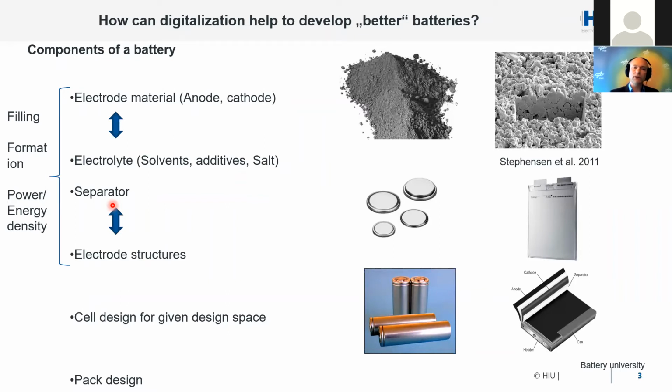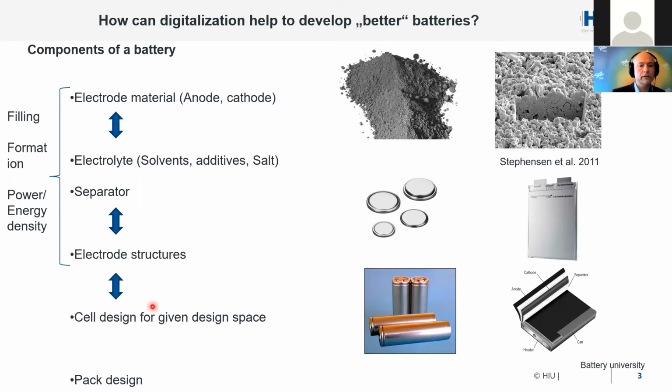Of course, all these things are connected. You cannot choose an electrode material without thinking about the electrolyte and how it interacts with the electrode. And the electrode structure is also dependent on what kind of electrode materials you are using, since electrode materials have to be put into powders and into electrodes, and depending on the materials, the shape of the active particles might be different. You have secondary particles, you have primary particles. And all these together will influence how you fill your electrode, how the formation proceeds, and what kind of power or energy density you might achieve.